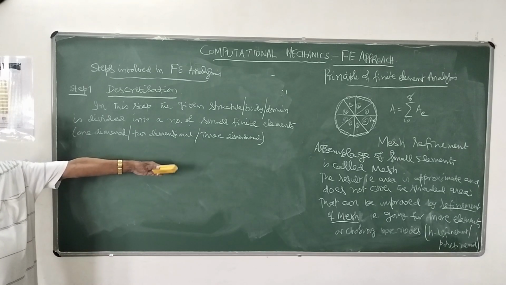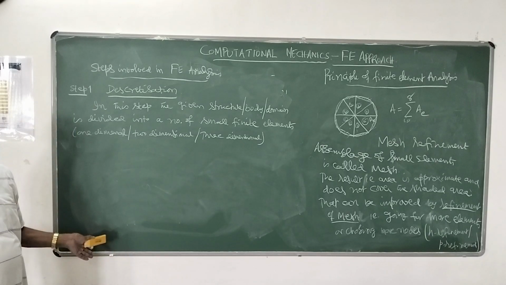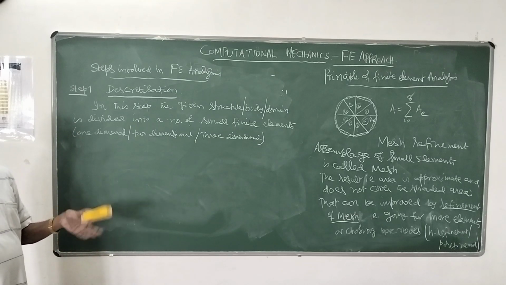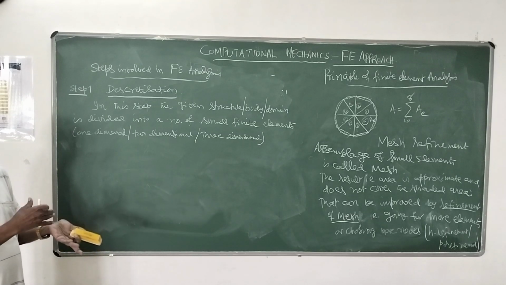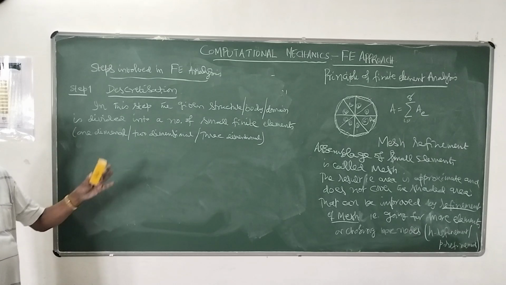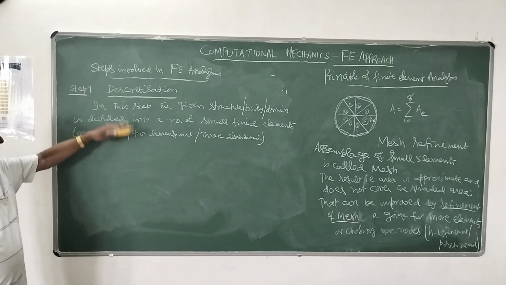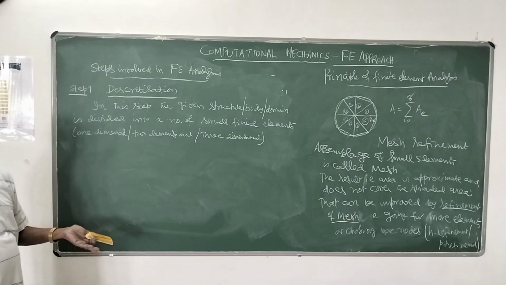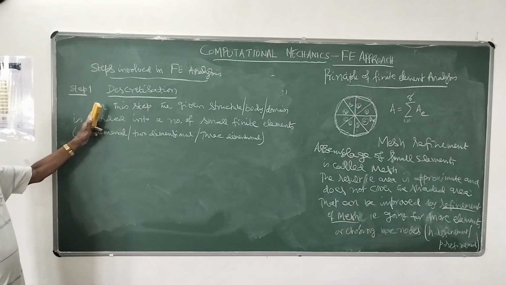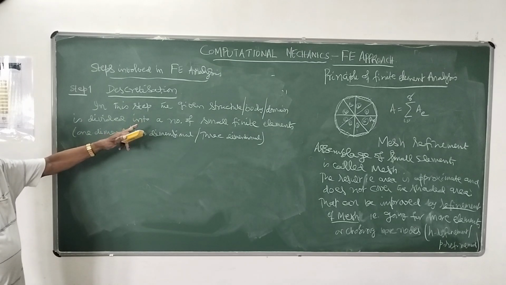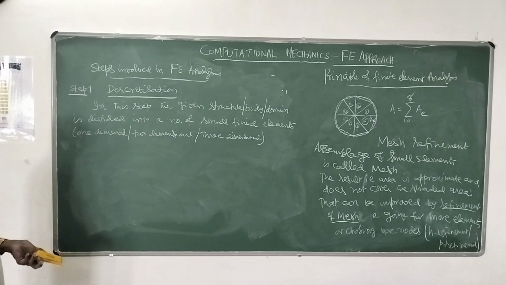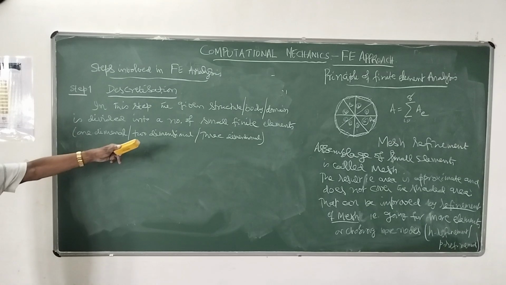Three-dimensional problems are those made of three-dimensional elements. Same approach. Actually, there is nothing new from the classical approach. There also we did the same thing. So here it's a different way I'm telling. That's all. So in the first step, we have to divide that into small finite elements, 1, 2 or 3 dimensional,